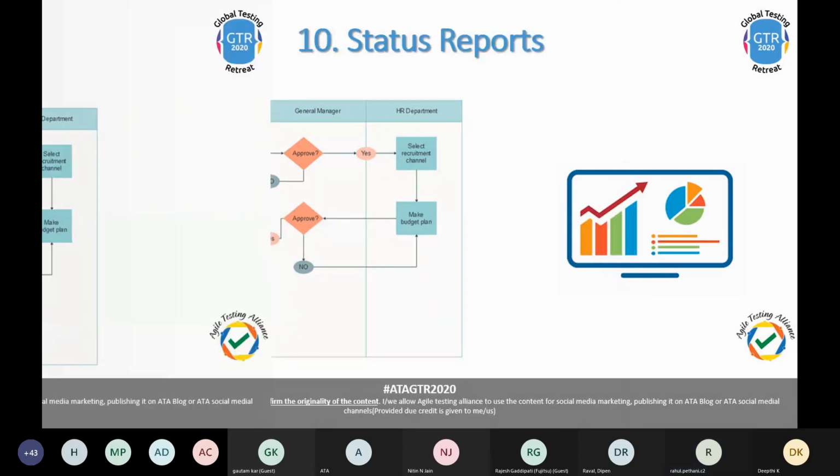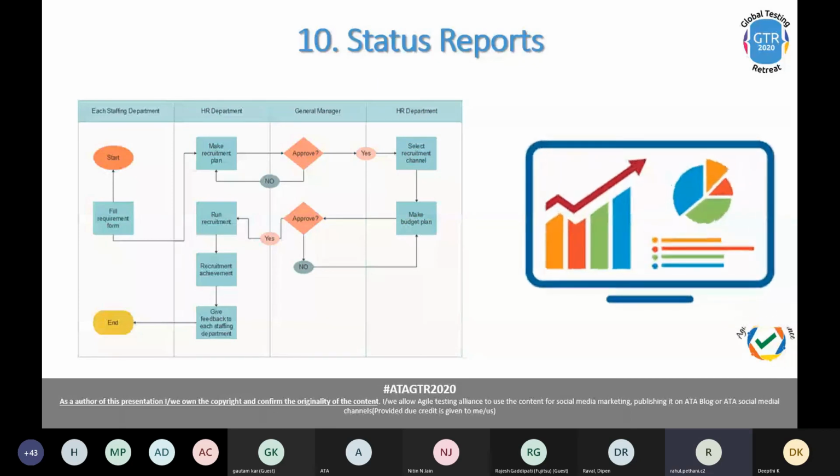And the last one, status reports. All the workflows would have different statuses, and the business would like to have some status reports: how many workflows are in progress, how many workflows have been completed, how many days workflows have taken to complete, the TAT report, the ageing report, and whatnot. When you test, you should have all those reports in front of you, and you should make all possible entries to check whether the status reports are getting in place.